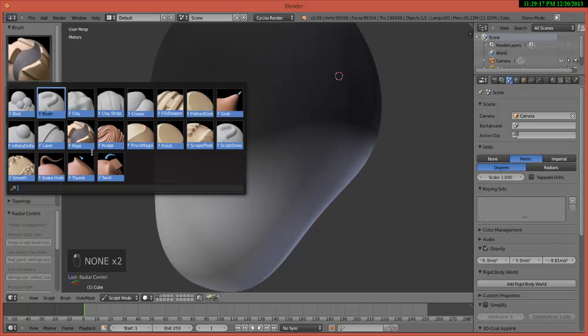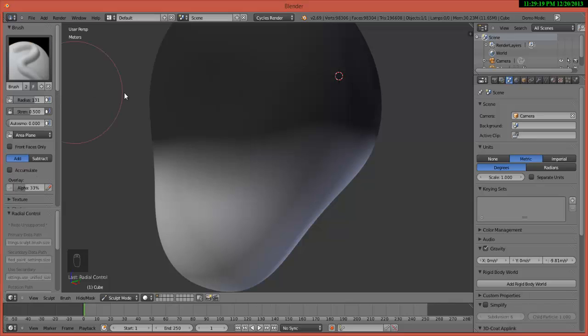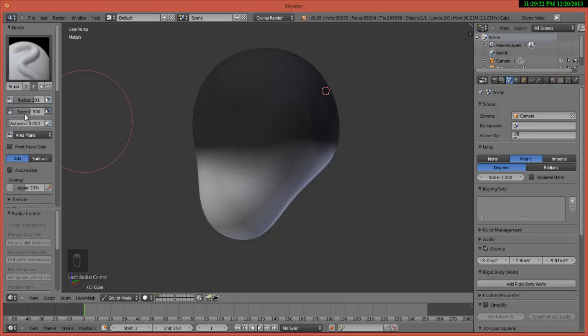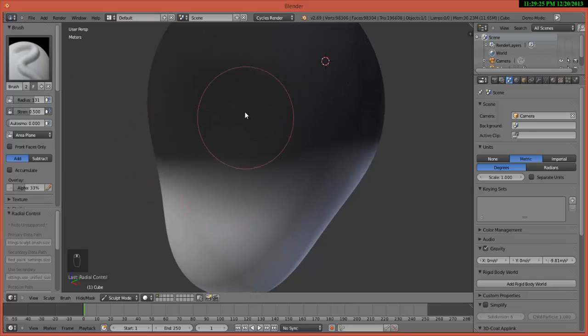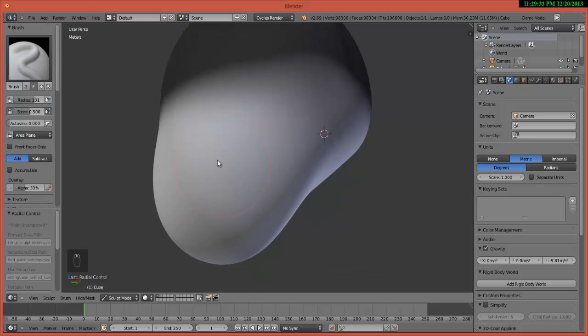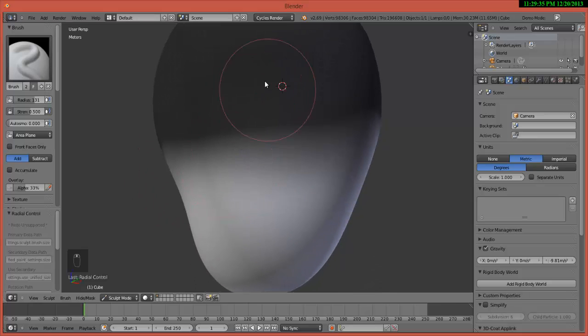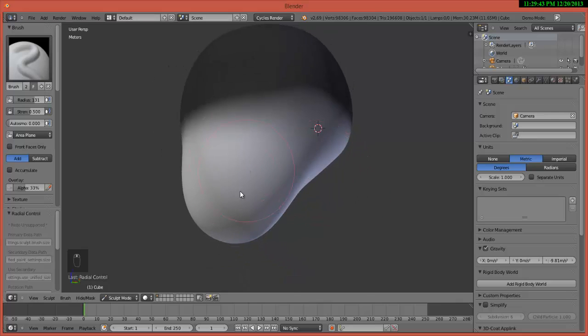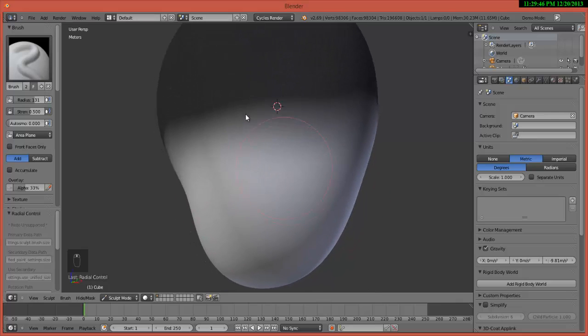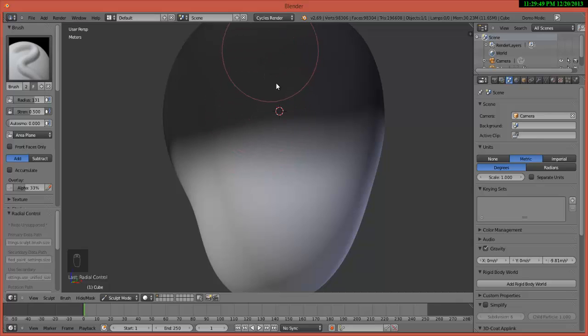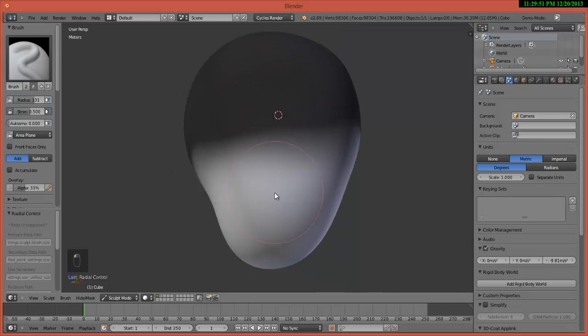So with this done, I'll just select any of the other brushes. In this case, I'll select the draw brush, and to demonstrate the difference between this black or grayed out area and this normal area that is unmasked, the masked area is the black side and the unmasked area is this other side. So to demonstrate how it works, I'm going to start painting from here to here. So using a draw brush,